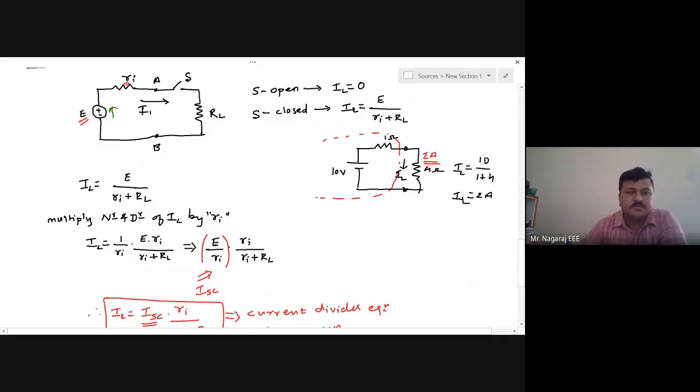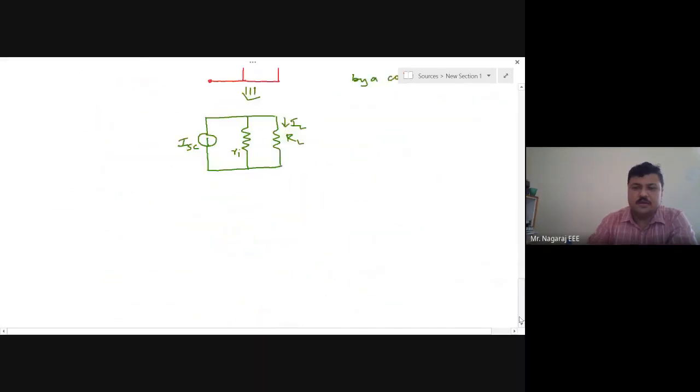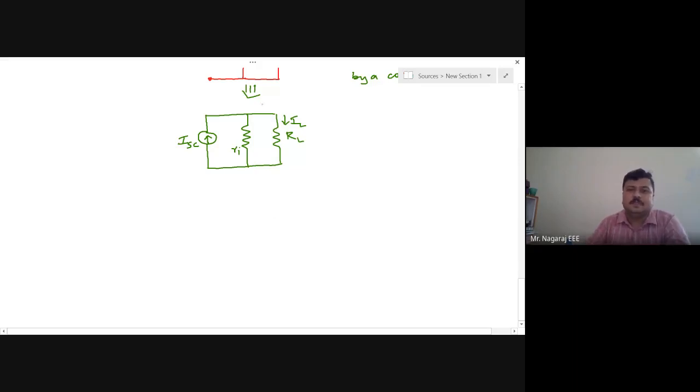Is it? Higher potential point is upward. Yes or no? Yes, sir. At whichever point the higher potential point exists, that is the direction of voltage. Remember that the direction of the plus sign is the direction of the arrow mark in the equivalent current source. So here the arrow mark will be upward.